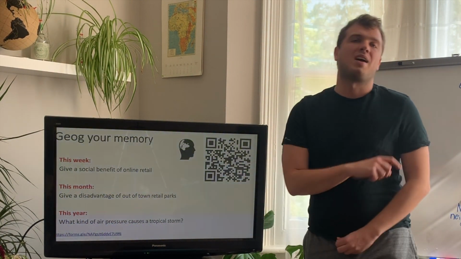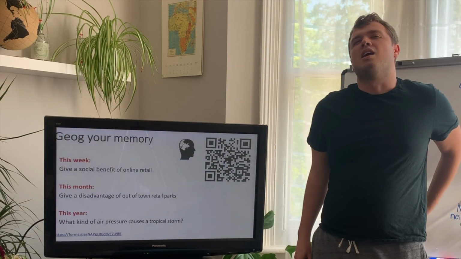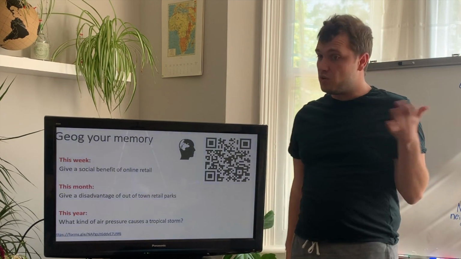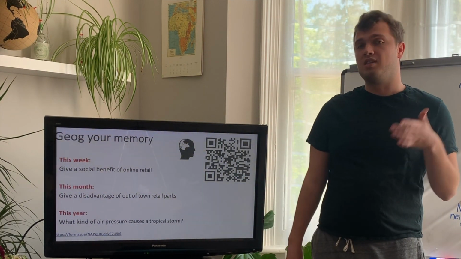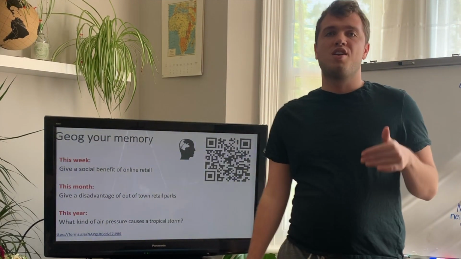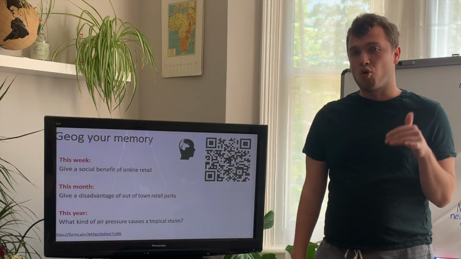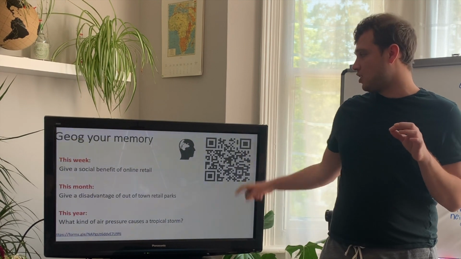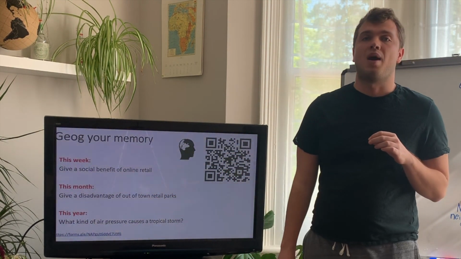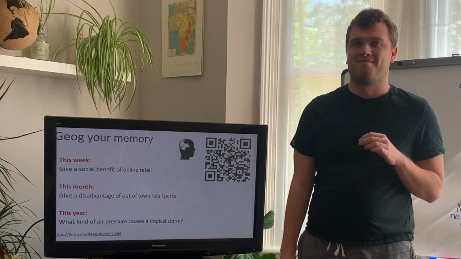And then we're going way back to stuff you were doing at the beginning of your extreme events topic. And this stuff is actually useful. We do need this. Obviously, we will come back to this in the GCSE towards the end of year 10. But I want to see if you can remember what kind of air pressure causes a tropical storm. All right. So pause your phones, scan the QR code or copy the link out and go have a go at this jog your memory for me.